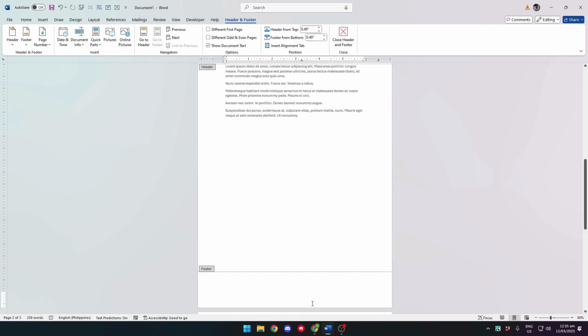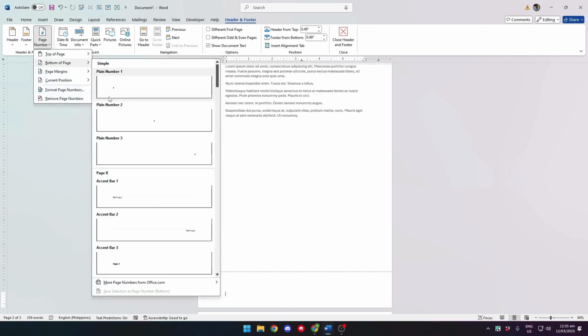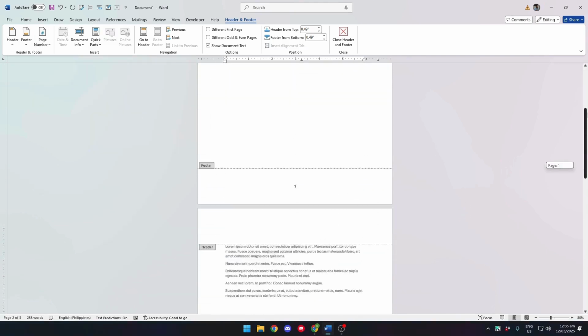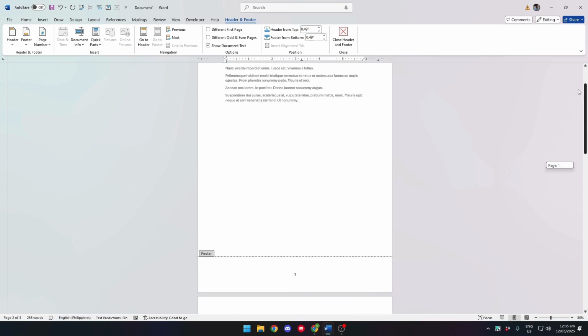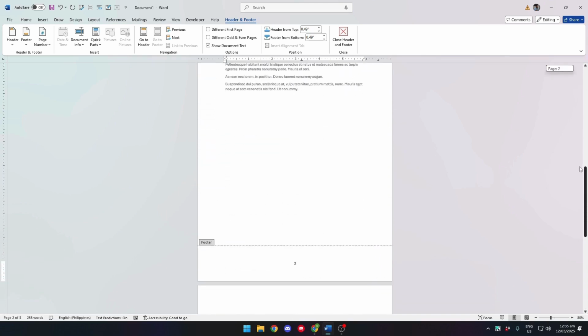So what we can do is try to click on the footer. Now let's go ahead and insert our page number by clicking on this icon right here. Let's go ahead and place that at the bottom of our page. And you'll notice that it begins at the number 2, while page 1 starts on the first page. Now what we can do to fix this problem, if we want our page 1 to be at the second page of our document,